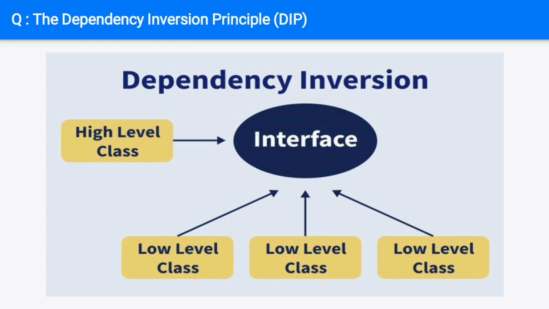If classes rely on each other, then they are tightly coupled with each other. When classes are tightly coupled, then modifications in one class bring about modifications in all other dependent classes. Rather, low-level classes should incorporate contracts using abstract classes or interfaces, and high-level classes should adopt these contracts to access concrete types. We relate this principle to other principles in SOLID principles. If you adhere to both the Liskov substitution principle and open-closed principle in your code, then it will indirectly also abide by the dependency inversion principle.